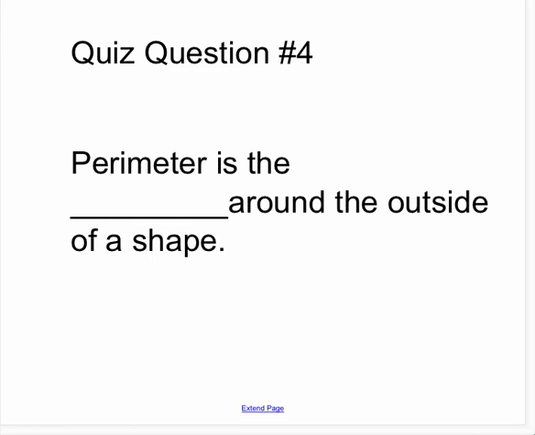And your last quiz question number 4, perimeter is the blank around the outside of the shape. Again, if you forgot the answer, please go back in the video and figure out what the answer should be. Once you are done, please